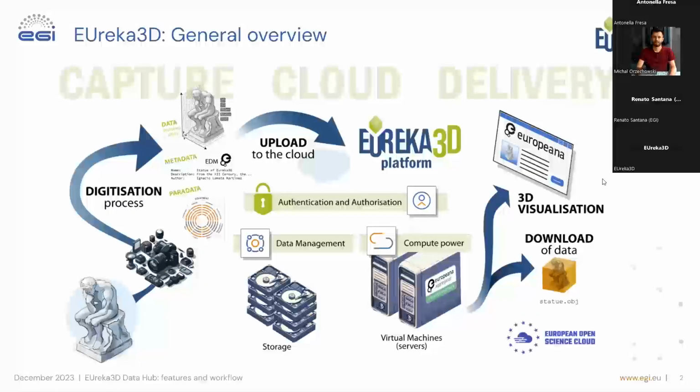The way that a normal user will access our resources is through the Europeana website. They can go to the Europeana website and check the visualization of, for example, this object. So we get from the digitization process, we upload it, and finally it gets delivered to the user